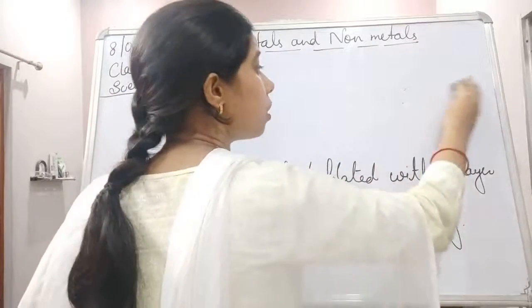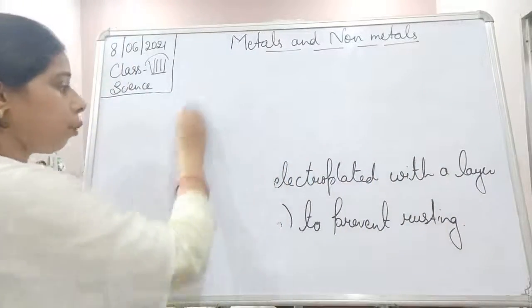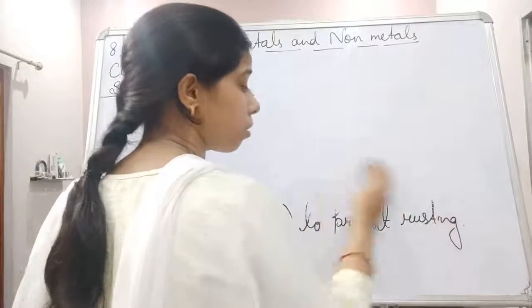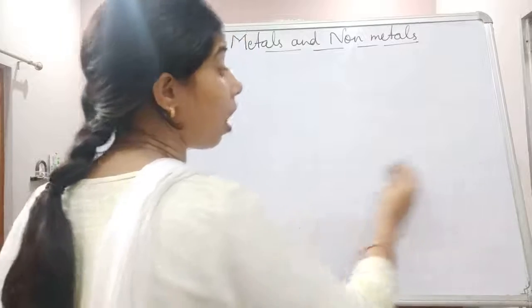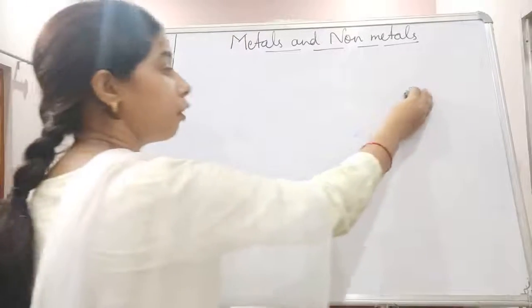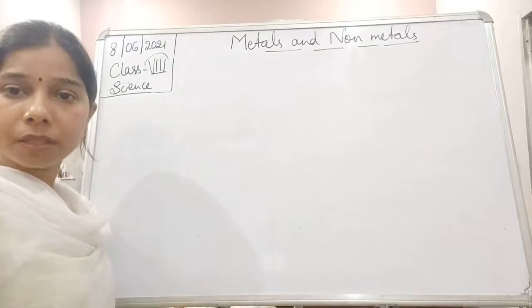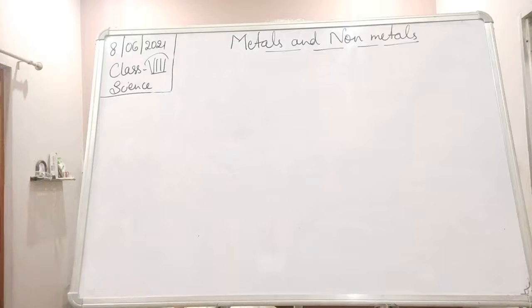the properties. Properties will tell many things about the use, because whatever the properties are, they also decide its use. Suppose something is hard, like metals are hard, so they are used for construction purposes. Why are they used for that? Because of their properties. So properties help us in informing a lot of things. Let us try to understand each of them one by one.